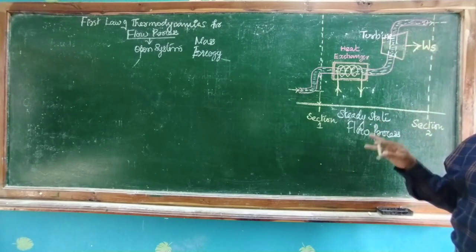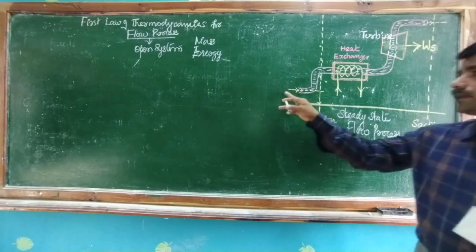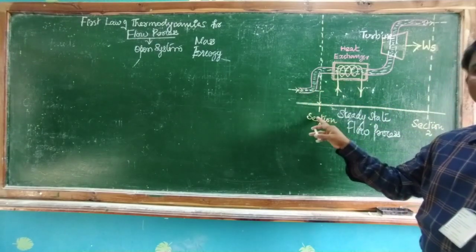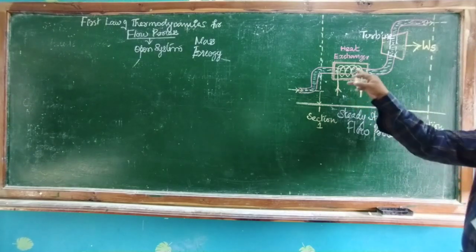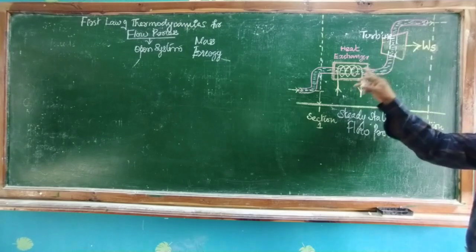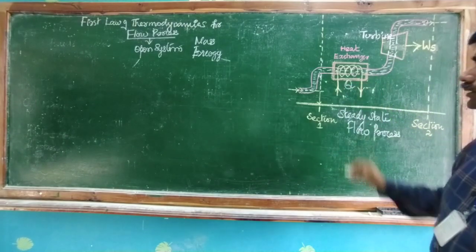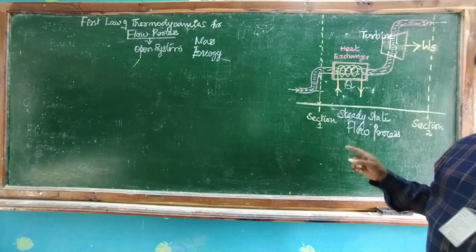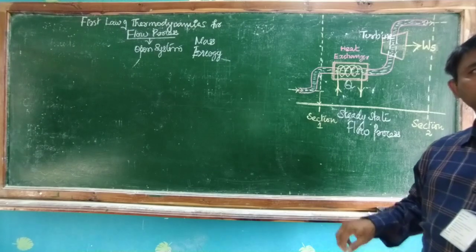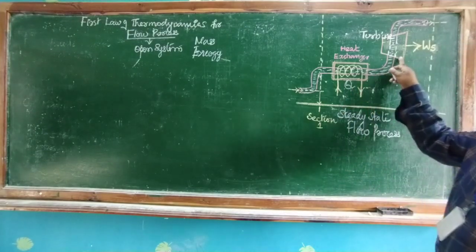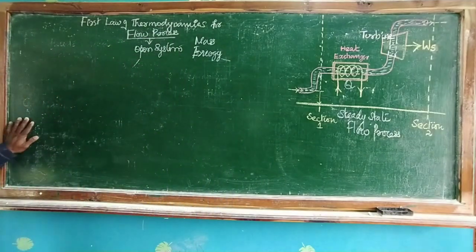For this system, I am going to derive an energy balance. A fluid is entering the system at section 1 and leaving at section 2 through a heat exchanger and a turbine. In the heat exchanger, energy is added to the fluid as heat. In the turbine, energy in the fluid is utilized to perform the shaft work. Clear? Right. According to first law of thermodynamics,